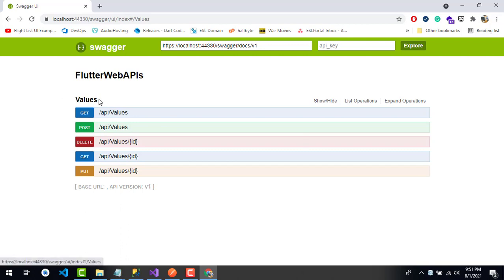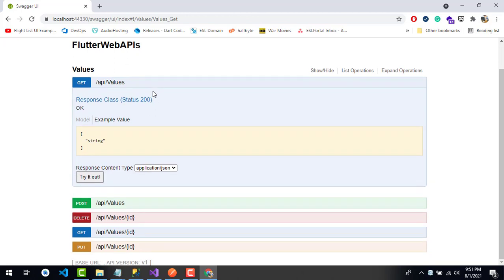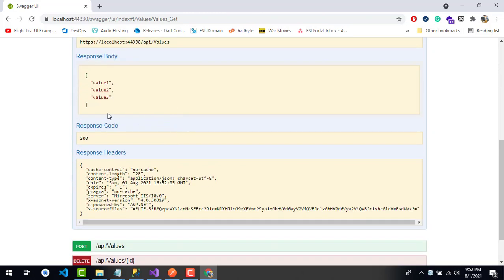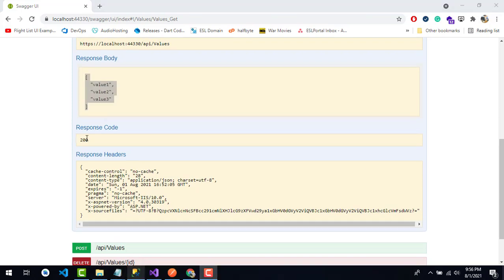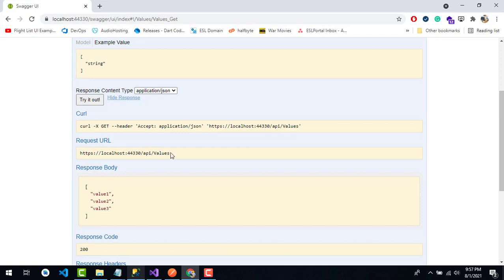First we will be able to see the controllers, and then we will be able to see the methods inside that controller, and we will see the type of the method, the routes, the input, and we can also try it out. You just need to click on try it out and you will be able to see the output as we tested in the last tutorial. We can also see the response code and the response headers. To check the URL, we can also see this request URL, which you can paste in your Flutter application while you are calling. This is the base URL, as I mentioned in the last tutorial.